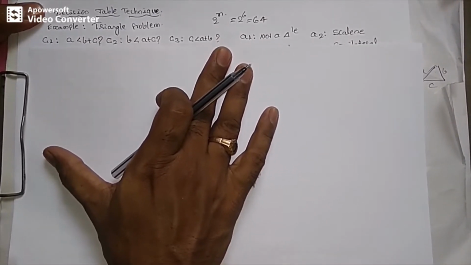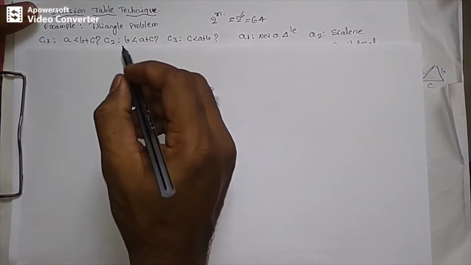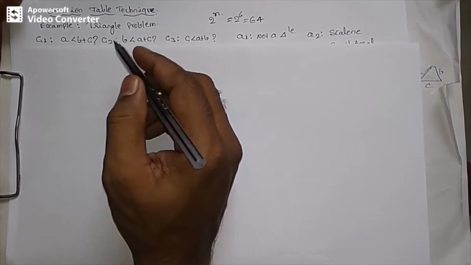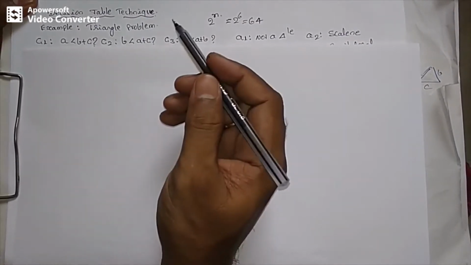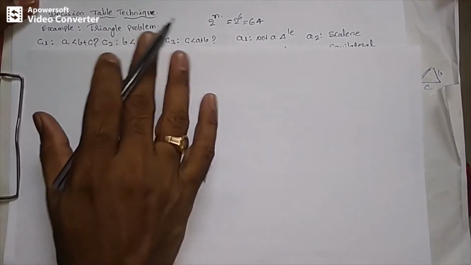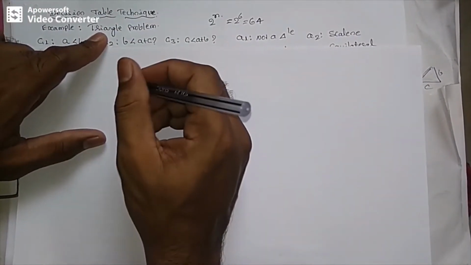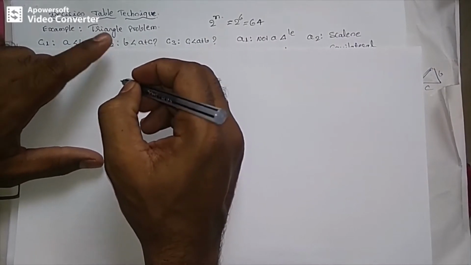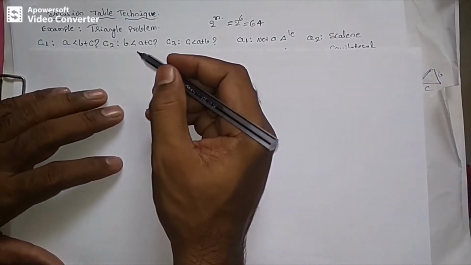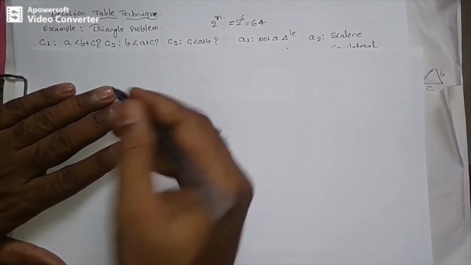Before writing the test case table, first we have to write the decision table. Based on that decision table, we need to write the test case table. While working on the triangle problem, first of all we have to know the conditions of the program. Based on those conditions, we need to make the entries in the decision table.